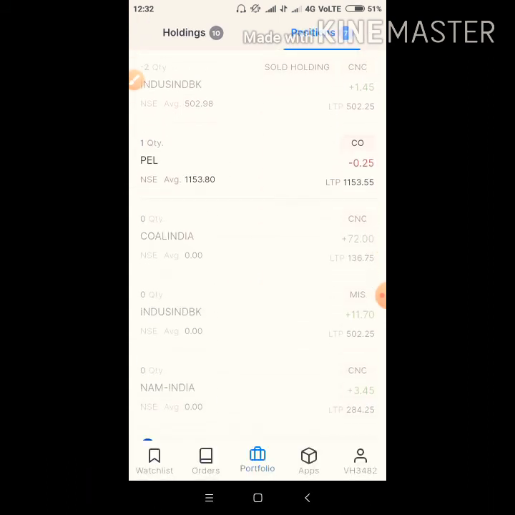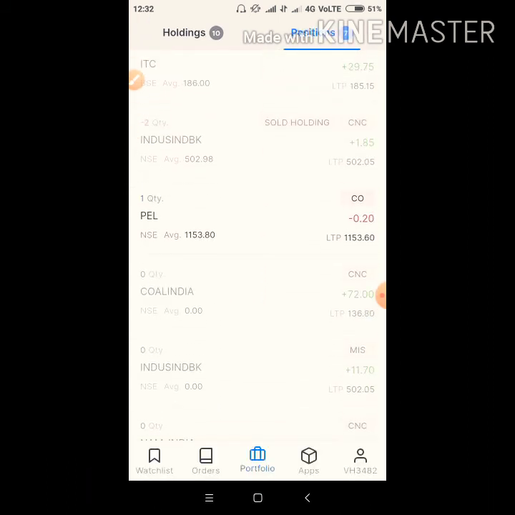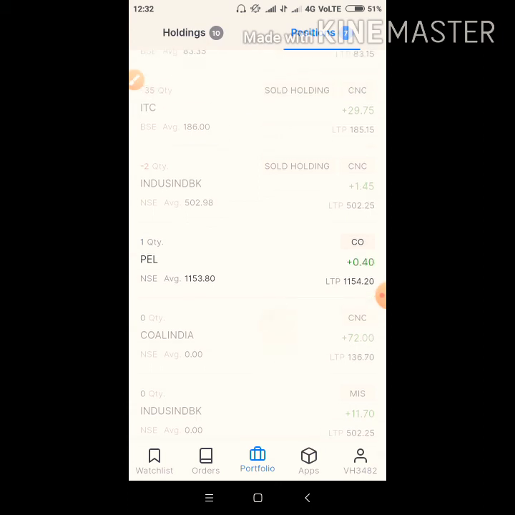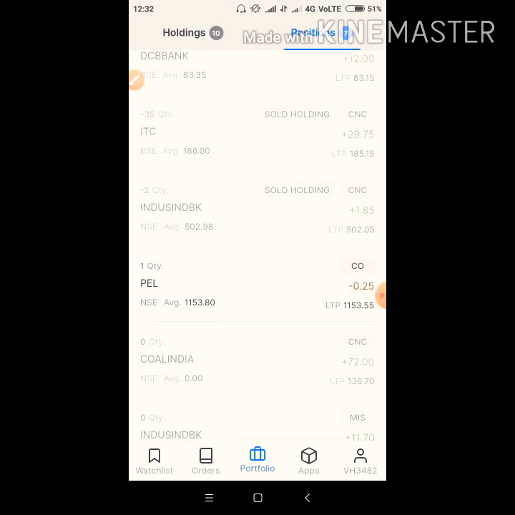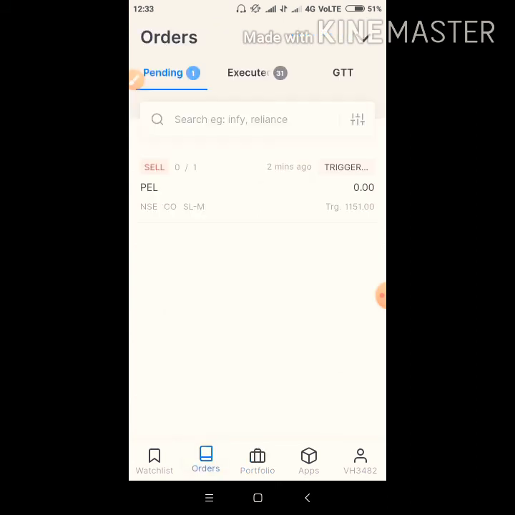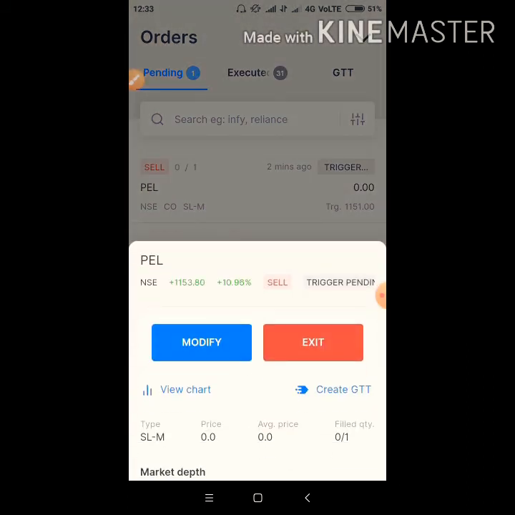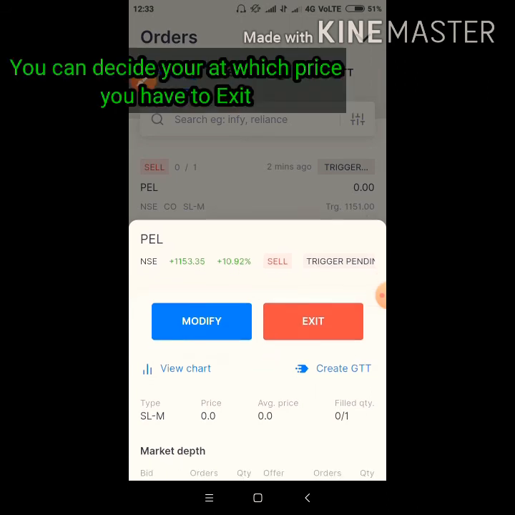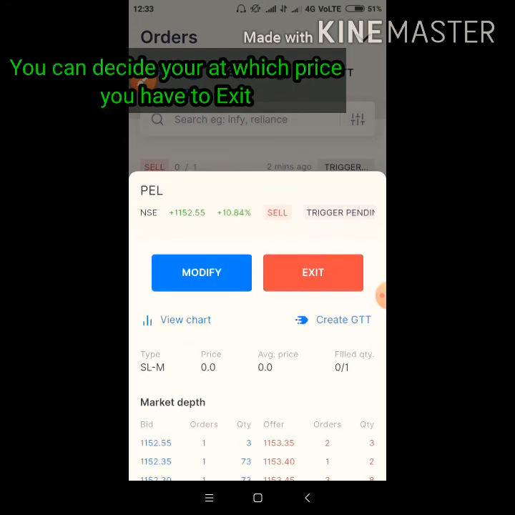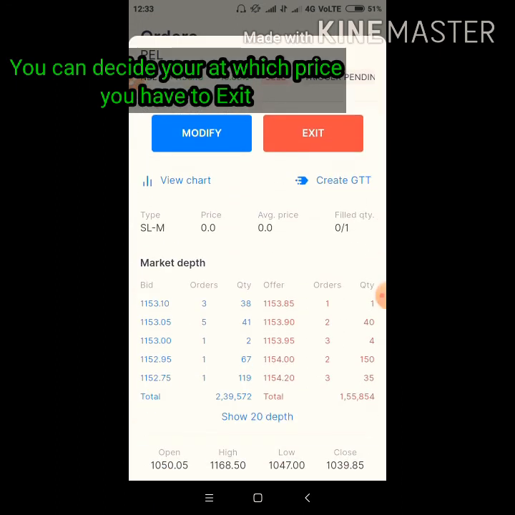Okay, let's see how much profit and how much loss we have right now. We have only a 25 paise loss. And now you can see I want to exit because I am showing the live demo on the cover order. So now I am going to exit from the cover order. What I will do now is select the stock. After selecting the stock, you have to click on the exit button, and it depends on you at which level you want to exit. So I am going to exit now.